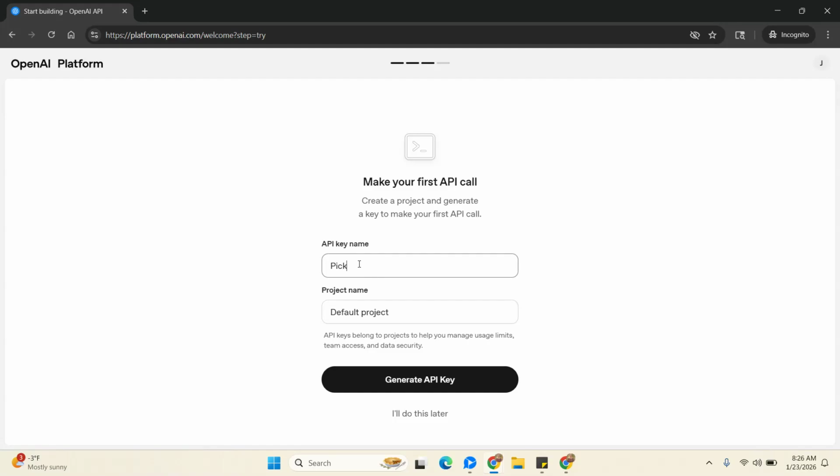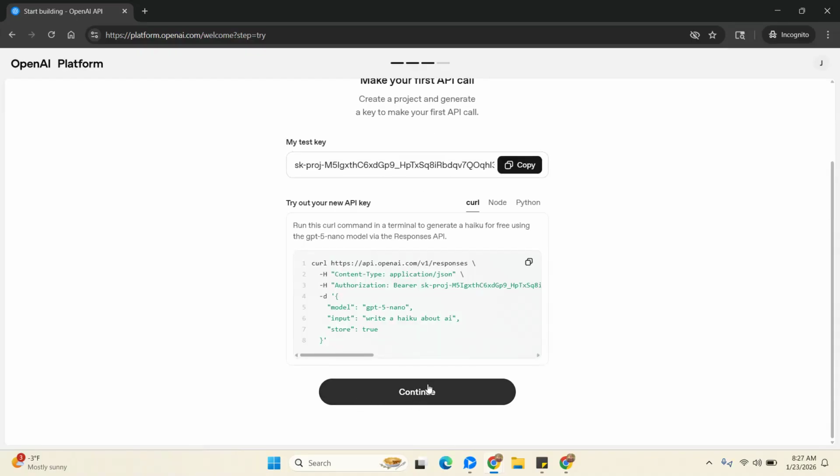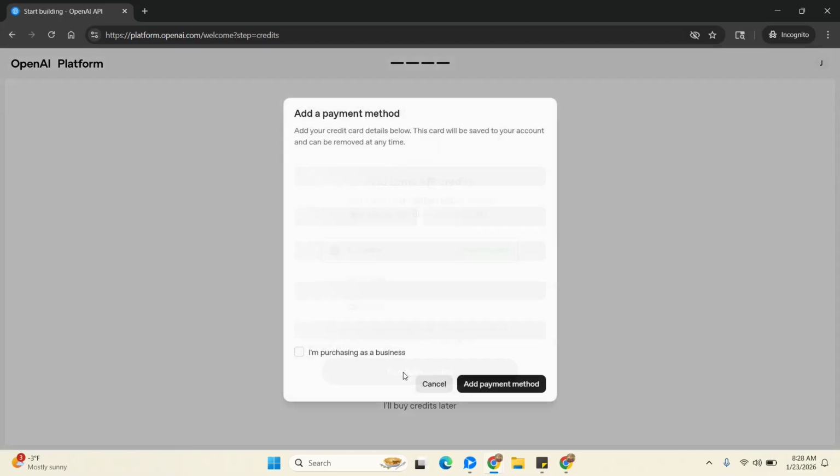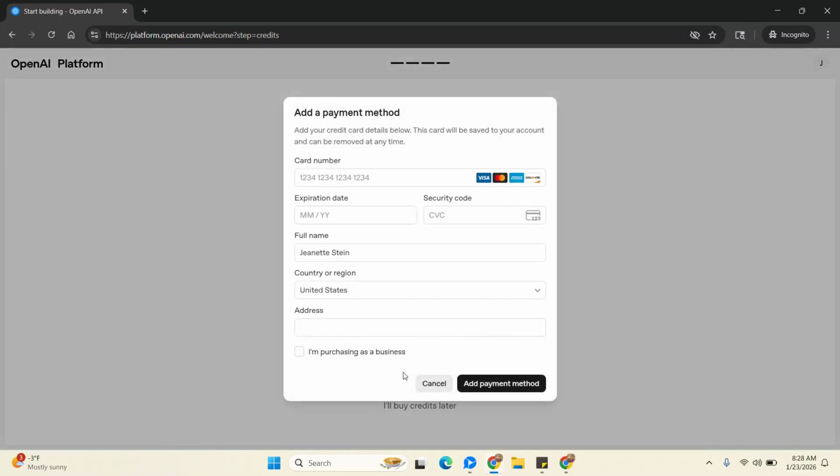So you might want to name this Pickaxe and which studio you're in. So maybe it's my Pickaxe Pro Builders and my project name. I just have left everything under the default project. And now we're going to hit continue. It's always going to have you add some API credits. They do require a prepay. I will tell you $5 lasts me months and months and months of testing. So I'm going to go ahead and purchase those credits. You're going to add your payment method. And like I said, this is just a sample account. So I'm not going to do this at this point, but the very next screen you will see